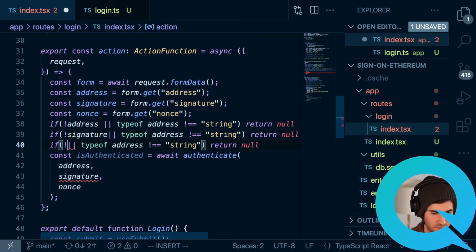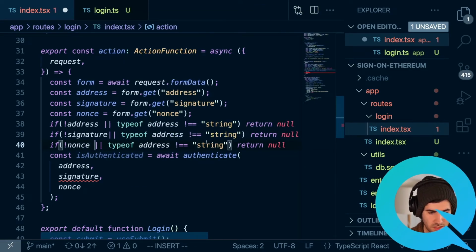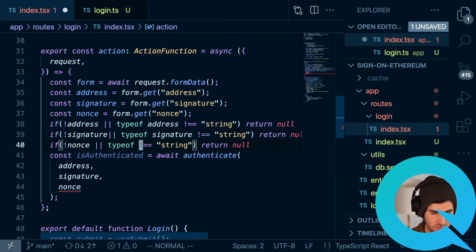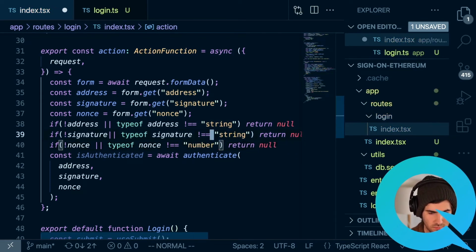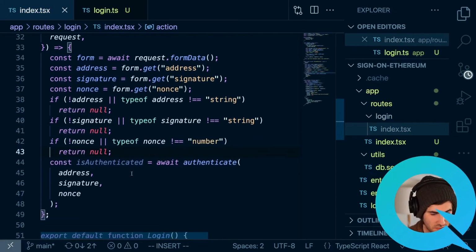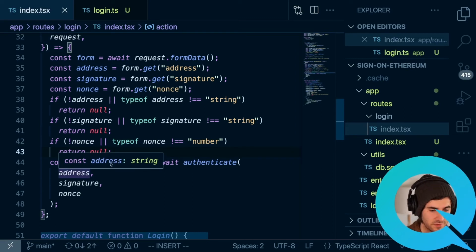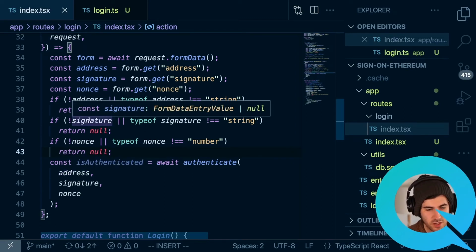And we want to go ahead and make this signature. Awesome. And so you can see now it likes all of this because we checked to make sure that for one, it wasn't null.